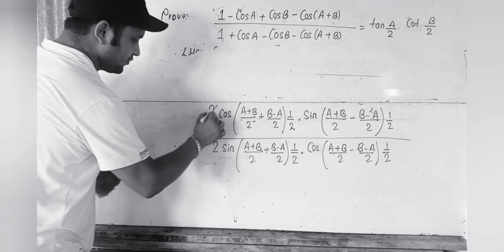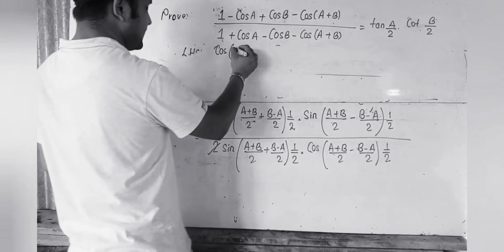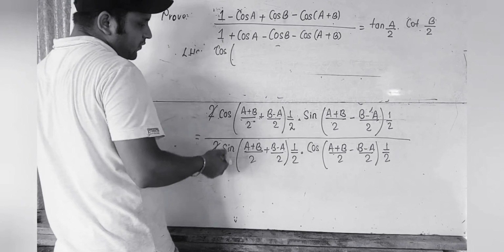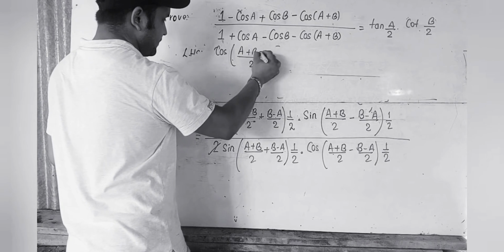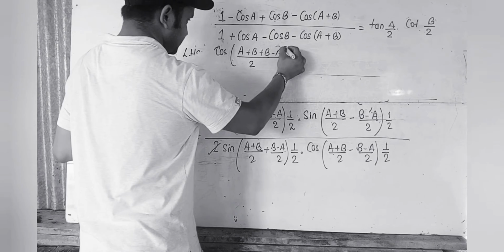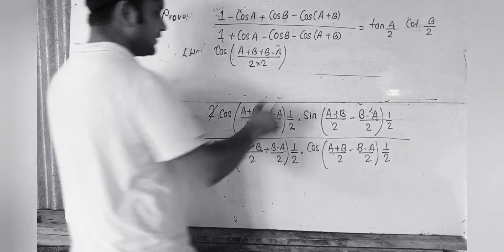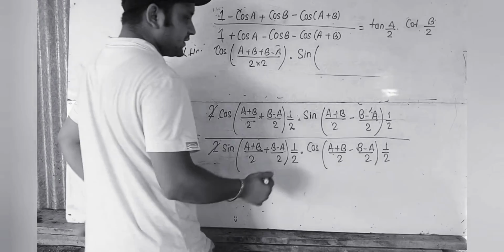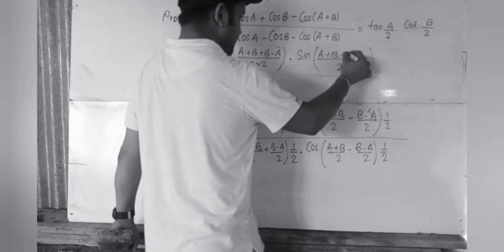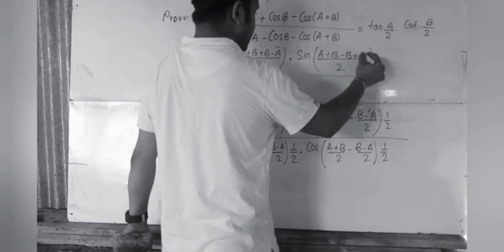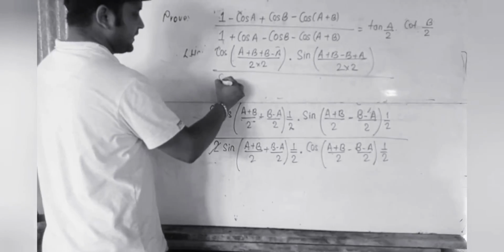Now we can cancel this 2 and 2. What is left here is cos (a plus b minus a). When you take LCM and solve, we'll cancel this. Let us take LCM and solve. We have 2 here. You can add here a plus b minus a, and what you have outside is 2. This 2 into this 2 can be brought inside here. Dot sin. See here, we are taking LCM 2, so it tends to be a plus b minus b, and minus minus gives you plus a, and this 2 comes inside by sine.